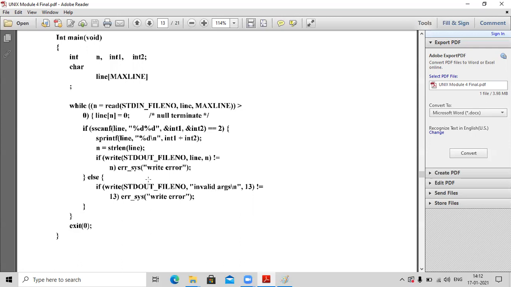It should be 2 because only two values it should have written. Sorry, it should have given only one value. Why one value? Because the addition of two numbers will give me one value. So n will contain 1. If the standard output has a value more than 1, then it is a write error. You have not correctly printed the result on your standard output file.